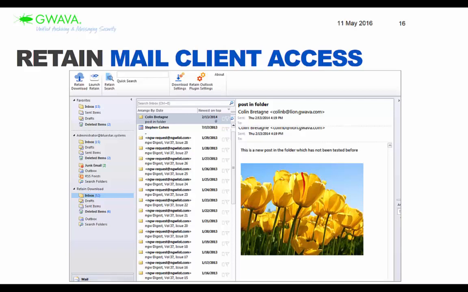That's some of the things that really makes Retain different: all electronic communication is archived in one central location. You have the ability to search. You have the ability to access it from the web access or from the Outlook plugin. And that's all done in the cloud, so you don't have to worry about implementing that hardware. You can run that all from your cloud system.